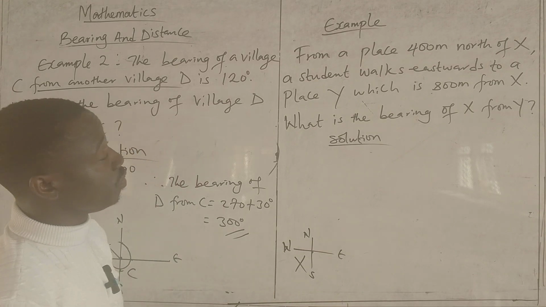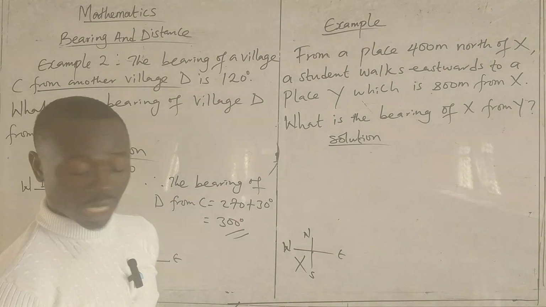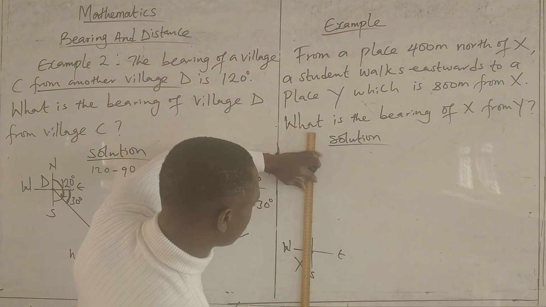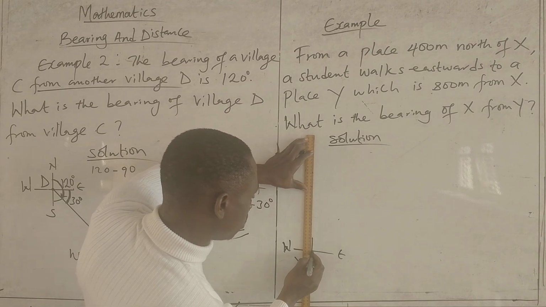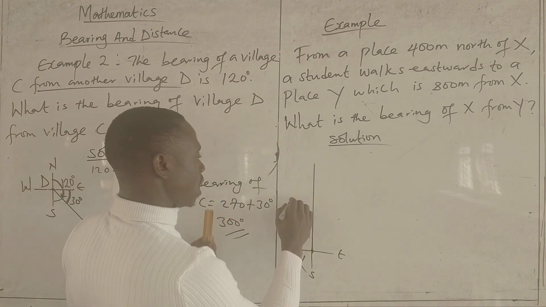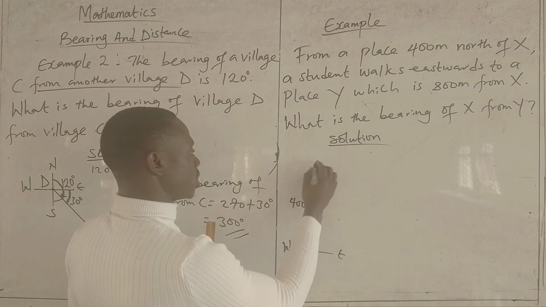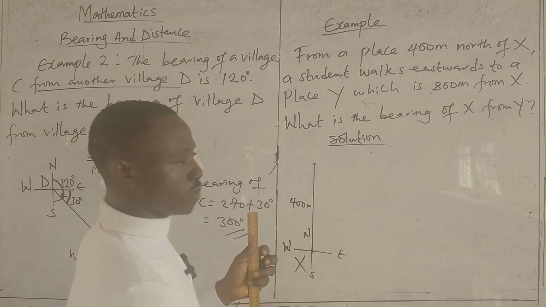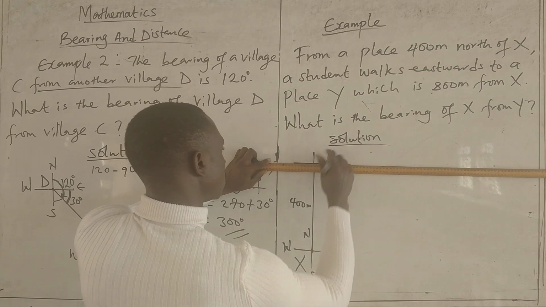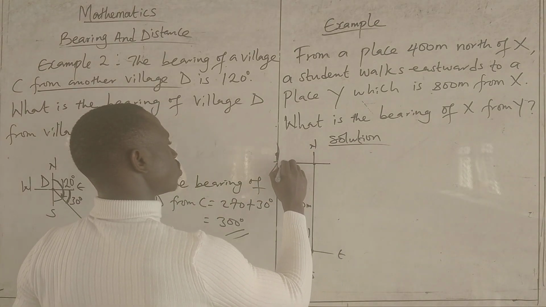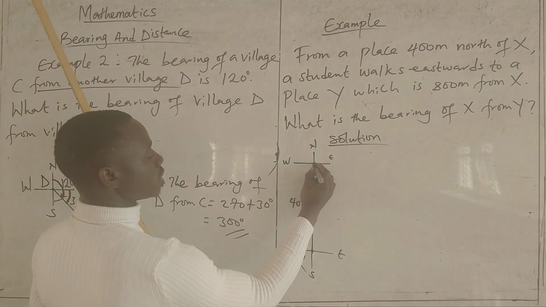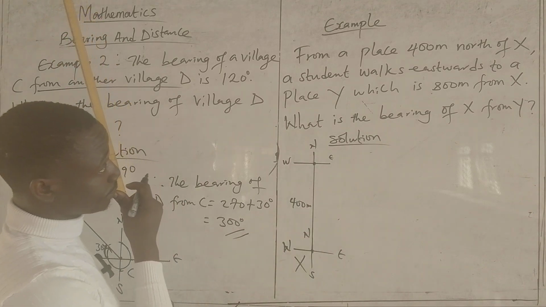So they say from a place 400 meters north of X. That point is not on X, it's 400 meters due north. So that's at a distance from X. So from this point here, you draw upward. That's north of X now, and that's 400 meters. So let's assume this is the place now. From this place, draw another cardinal point there. This north, this west, this east. So they say from this place now, which is 400 meters due north of X,